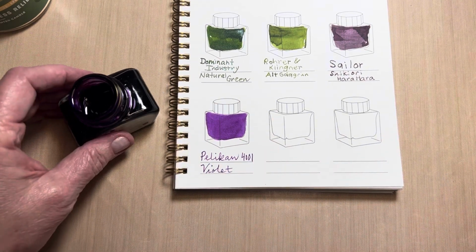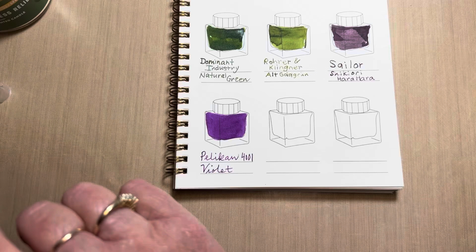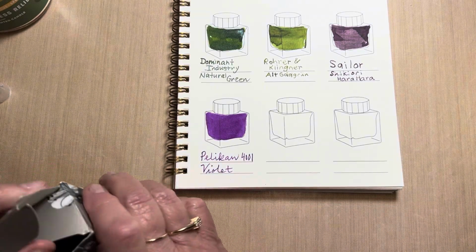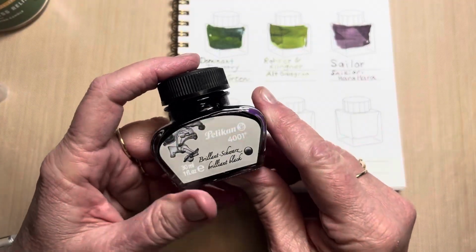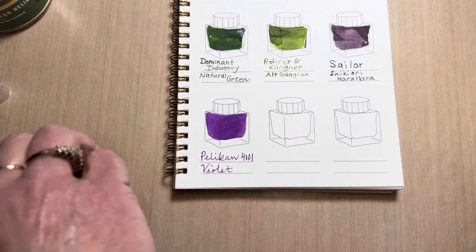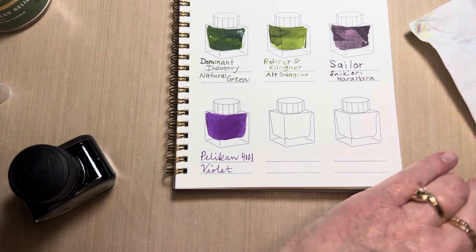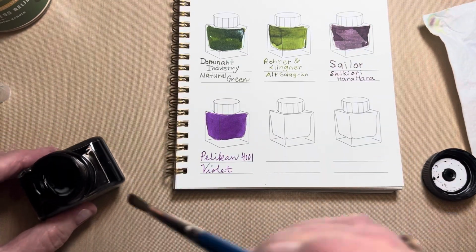I'm going to do these quickly here. The Brilliant Black I ordered sometime in the fall. I think just because I saw it was on sale. It was a really good price. I don't have too many black inks. Of course, who needs too many black inks, right? So